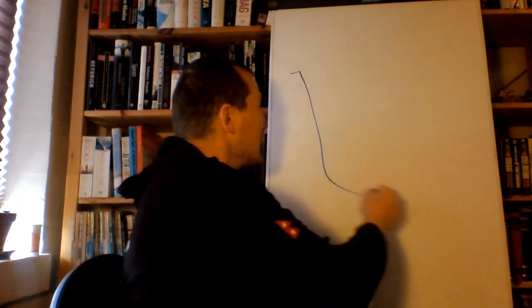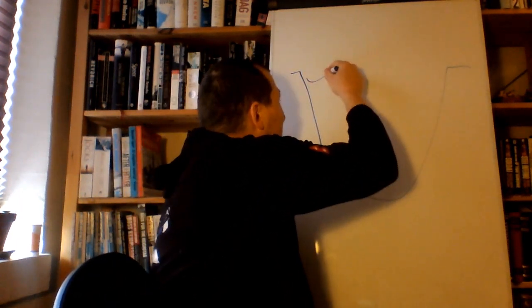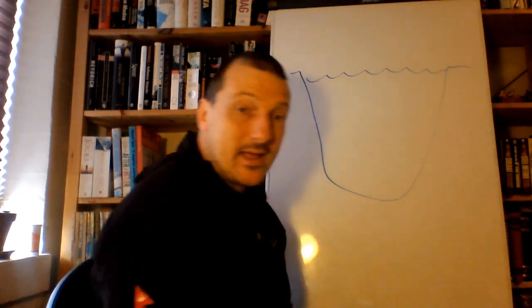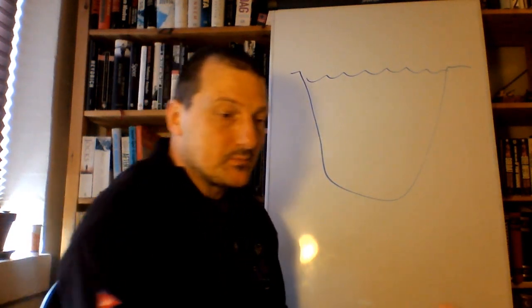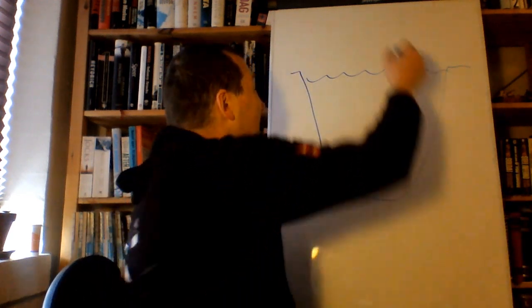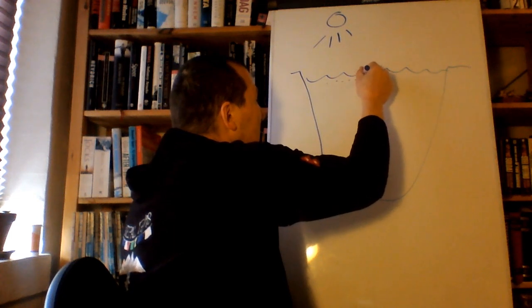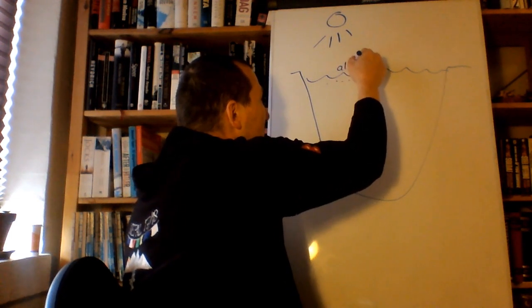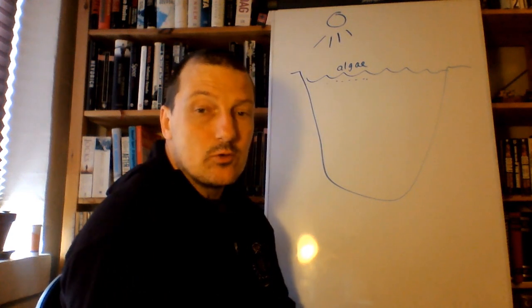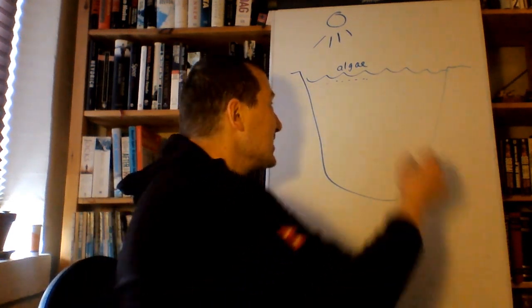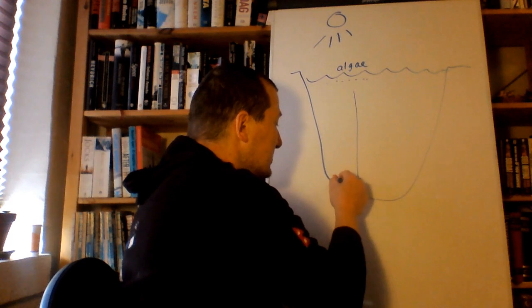So why is hypoxia worse in the summer than during the rest of the year? Well, let me try to draw this. If we have a lake here, and I mean it's a badly drawn lake. Now during summer we have a lot of sunlight coming in here, so algae, if there are enough nutrients, will grow a lot on the surface. Now those algae will then eventually sink down to the bottom,